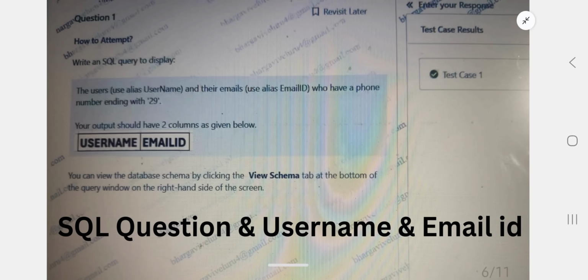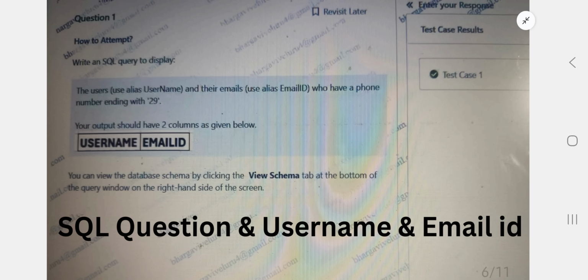Okay, so mostly username and email ID related questions have chances of being repeated for this batch, at least for a few students. Okay, so you must practice. If you don't know SQL, you must practice this type of question using Google. You can check and practice this question before going to the exam. At least some basics also